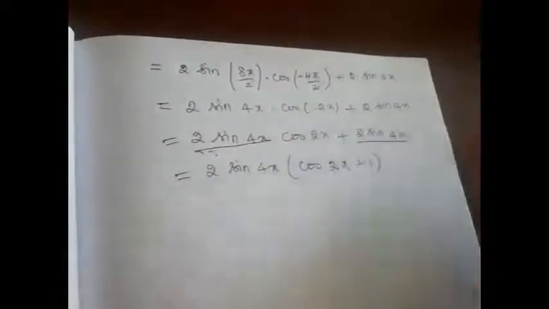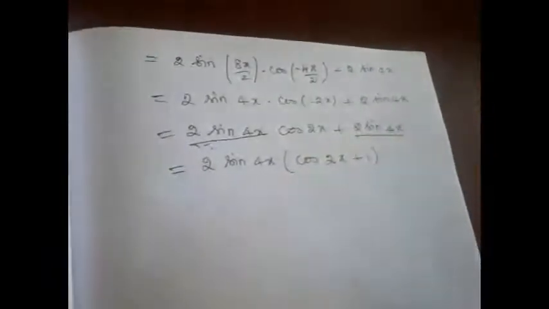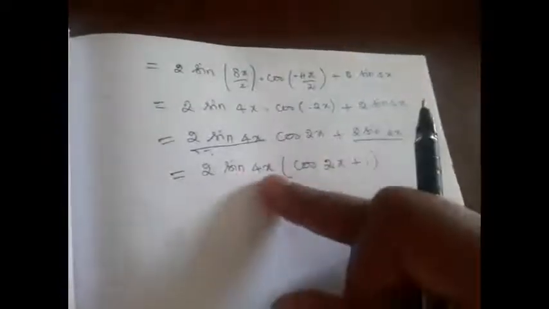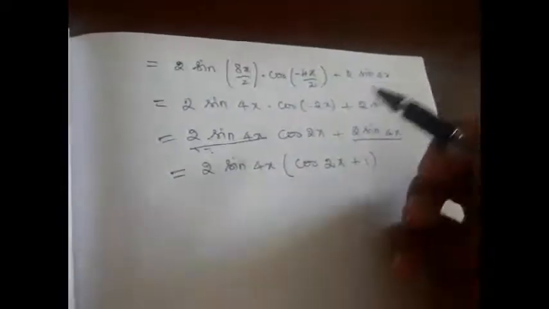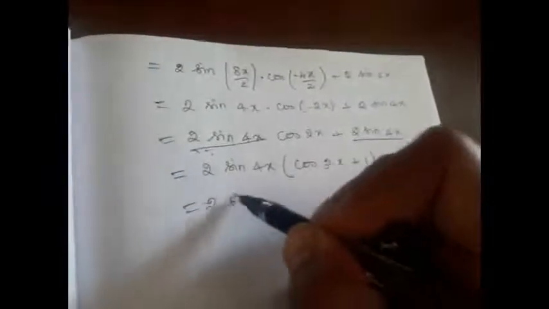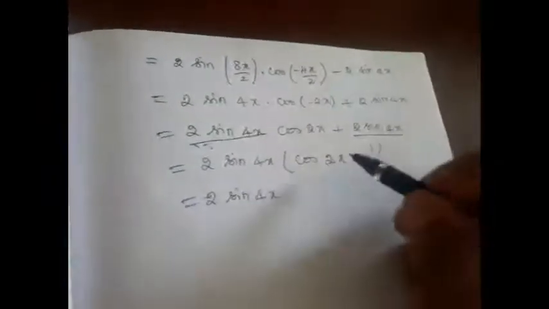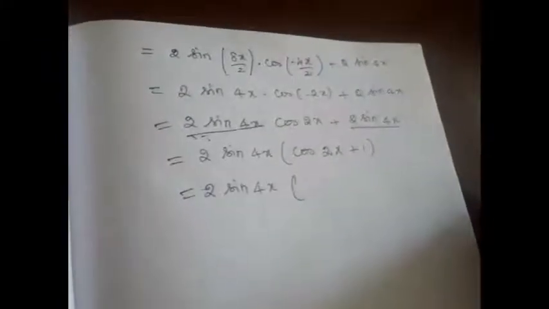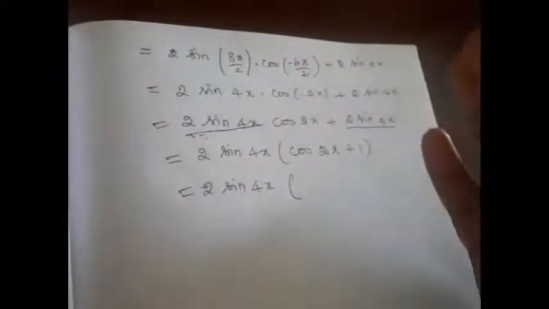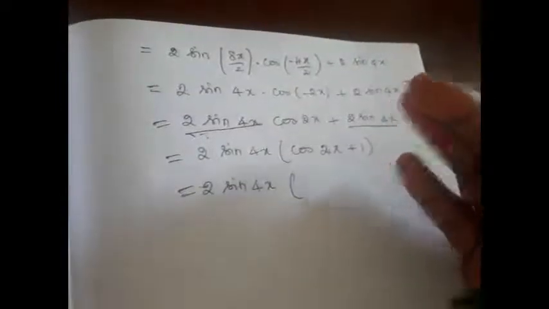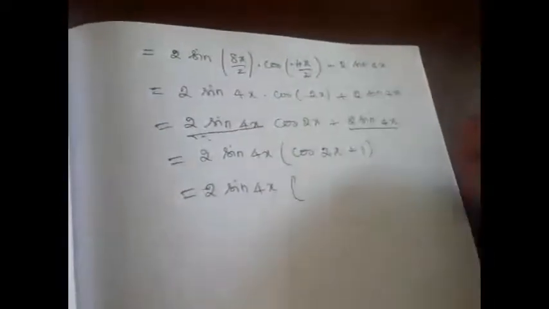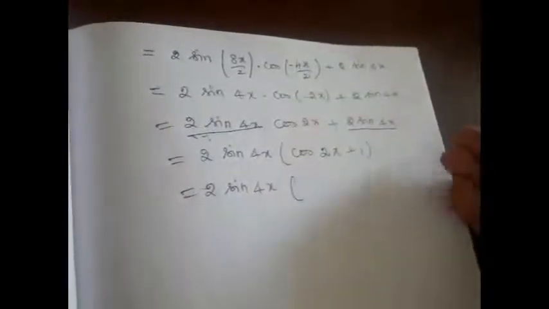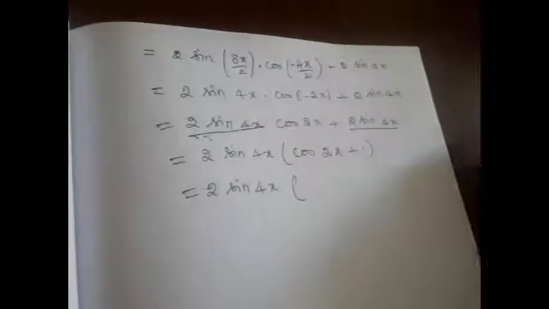Okay, so we arrived at one term of the question, 2 sin 4x. Actually we need to prove 4 cos square x sin 4x. So we got sin 4x, and we have to get 2 cos square x. So we have 2 sin 4x into cos 2x plus 1. Shall we apply the cos 2a formula? Again, for cos 2a we have 3 sets of formulas, hope you remember. Cos 2a is cos square a minus sin square a, or 2 cos square x minus 1, or 1 minus 2 sin square x.